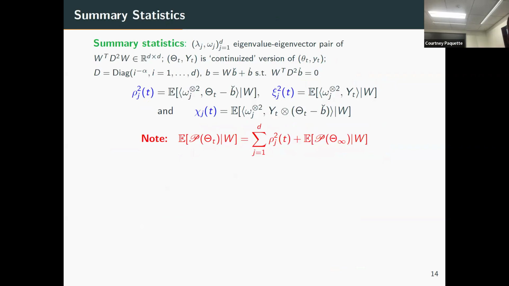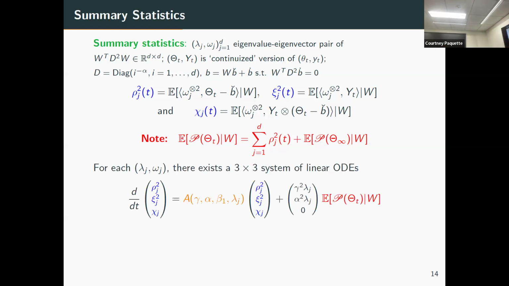For momentum, you want to have 3 summary statistics which matter. You first compute the eigenvalue and eigenvector pairs, at least this is what we did. I'm working with a continuous version of the momentum, sorry, this should be M, a continuous version of the update of the parameters here. Your rho is really like theta minus theta star. Your C is the momentum and your chi will be the cross term. So you have these 3 terms, and then you can recover the loss by just summing up the rows.